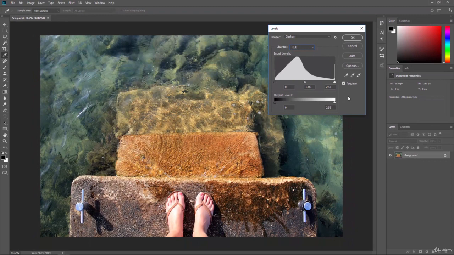I know it can be a little complicated to understand, but as you begin using it and moving these sliders around, you'll start understanding that this graph is just from 0 to 255 on all of the channels, and you're either adding in more black, or you're adding in more white, essentially moving that in, or adjusting the gray point and the output levels here.